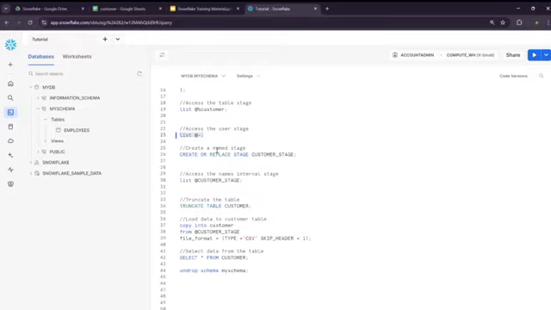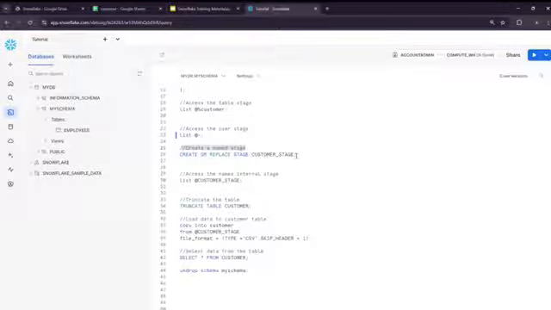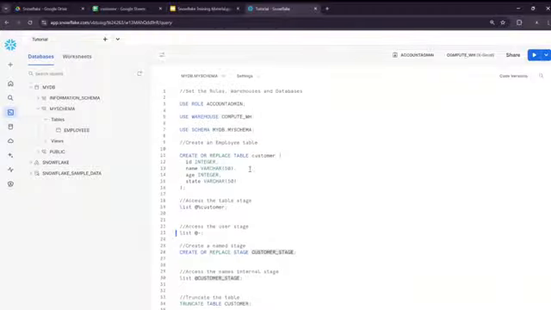Now let's talk about the named stage. In this particular video, we will talk about the internal named stage, and in the upcoming video, we'll talk about the external named stage, where we will create stages to access data in an external location, which could be an AWS S3 bucket. There are two ways we can create an internal named stage in Snowflake, one through the UI and one through a SQL statement. So now let's create it first through the UI,